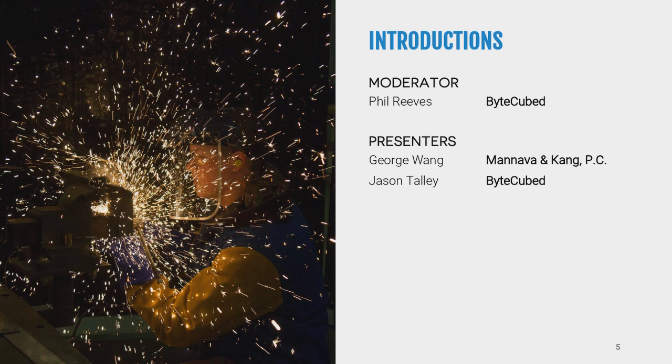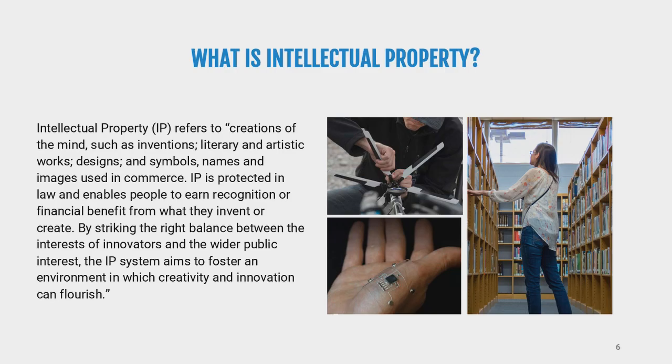Great, thank you, Phil. So today's topic is on intellectual property, and we'll be talking about the different types of intellectual property, how that affects your business, and other things that may be important, such as data rights, licensing, litigation, enforcement. It's a lot of material to go through, but I'll do my best to give a general overview, and like Phil mentioned, at the end, I'll have some time for some Q&A to answer slightly more directed questions.